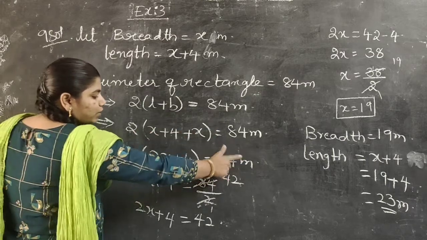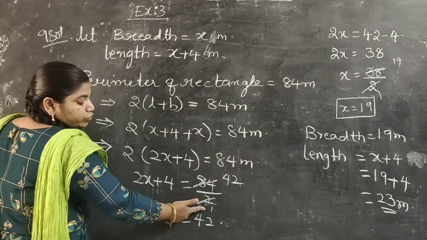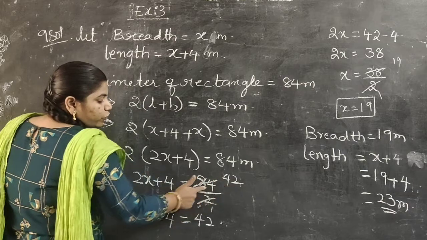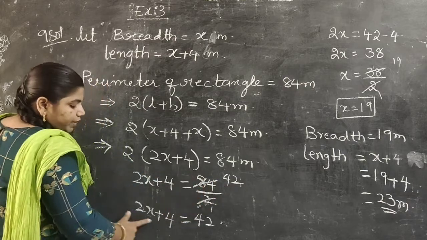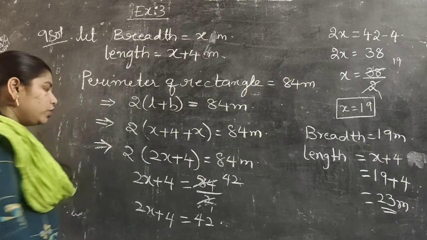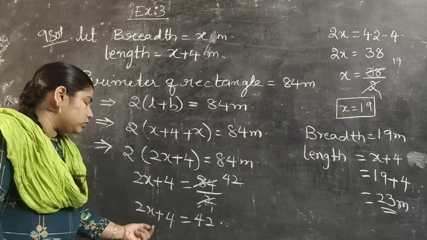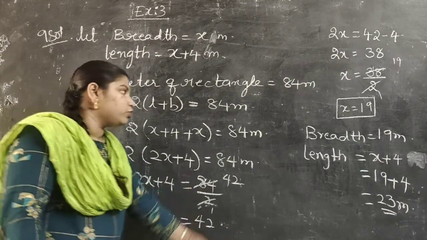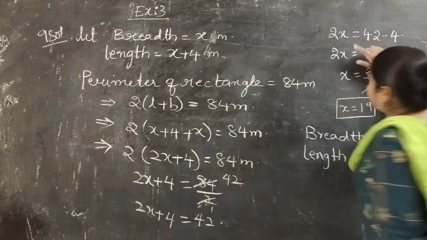I am sending this 2 to other side, that will be converted into division. 2 ones are 2, 42s are 84. Now 2x plus 4 is equals to 42. We have to find the x value, so I am transposing this plus 4 to other side. So if I transpose plus 4 to other side,